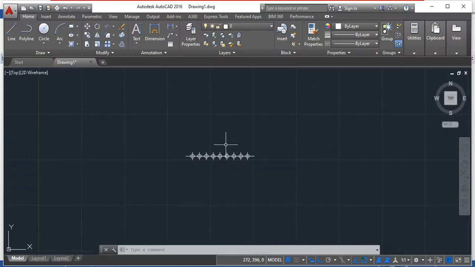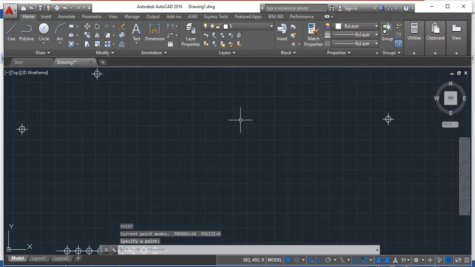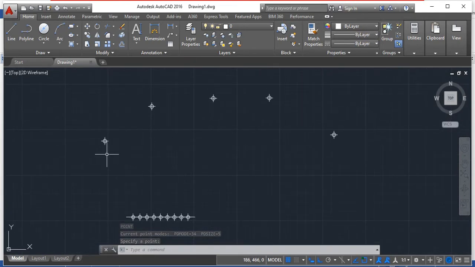See, if you have different points at different places, one point, then a second point, then a third, fourth and fifth point, and so on, and I want to draw a curve passing through all these points, the command used is SPLINE.